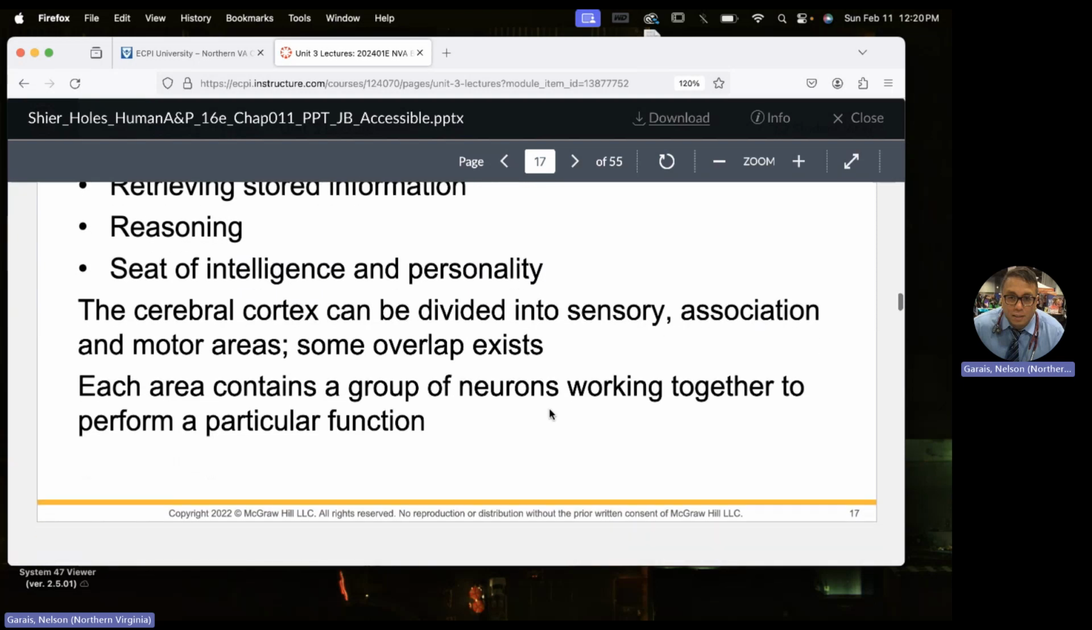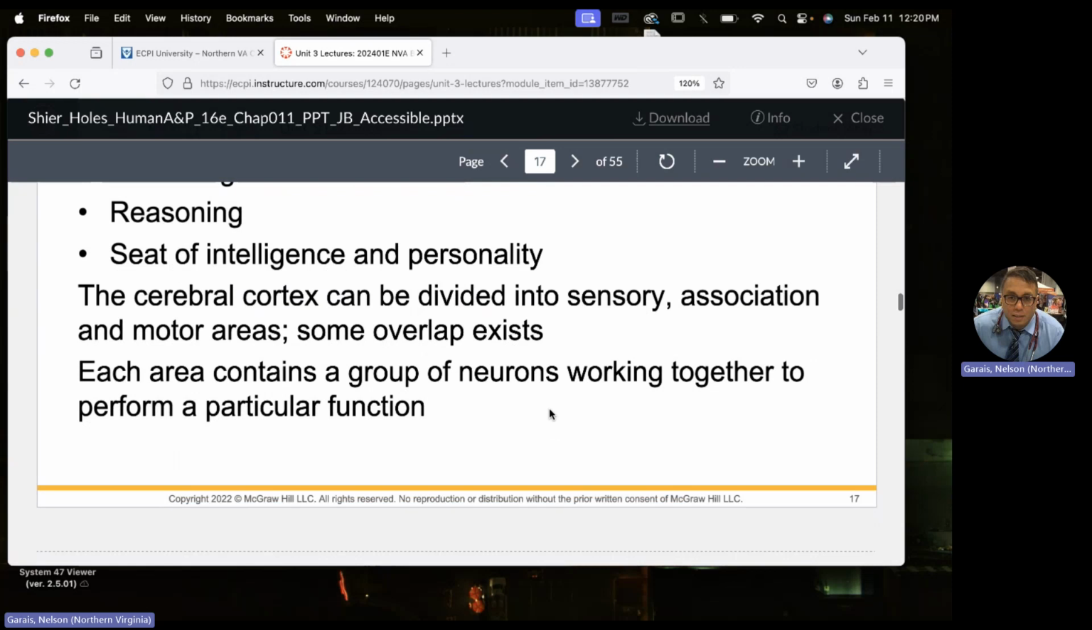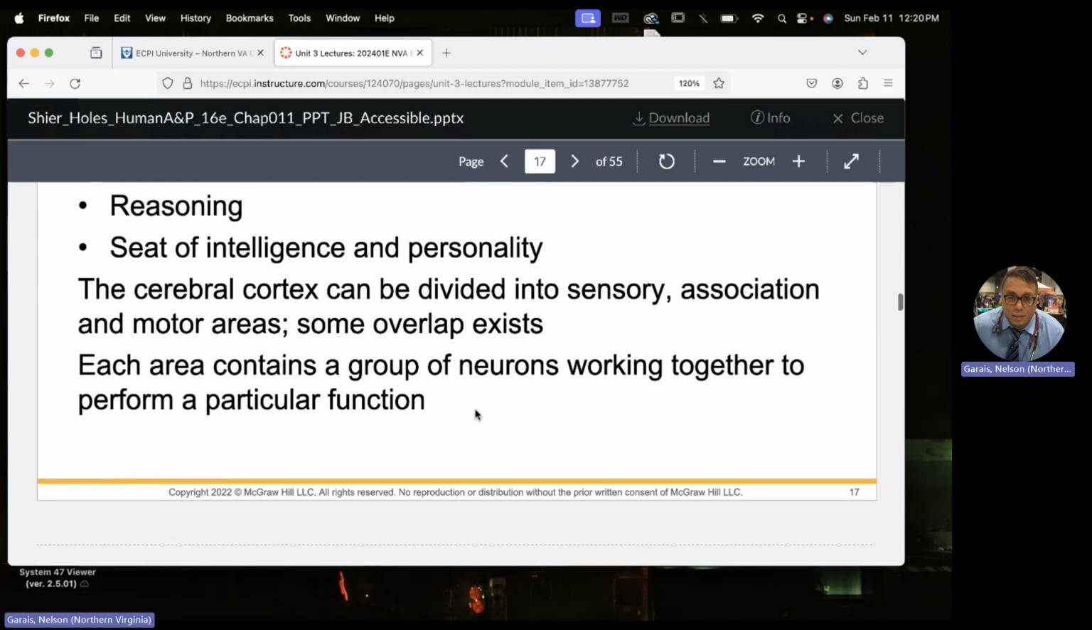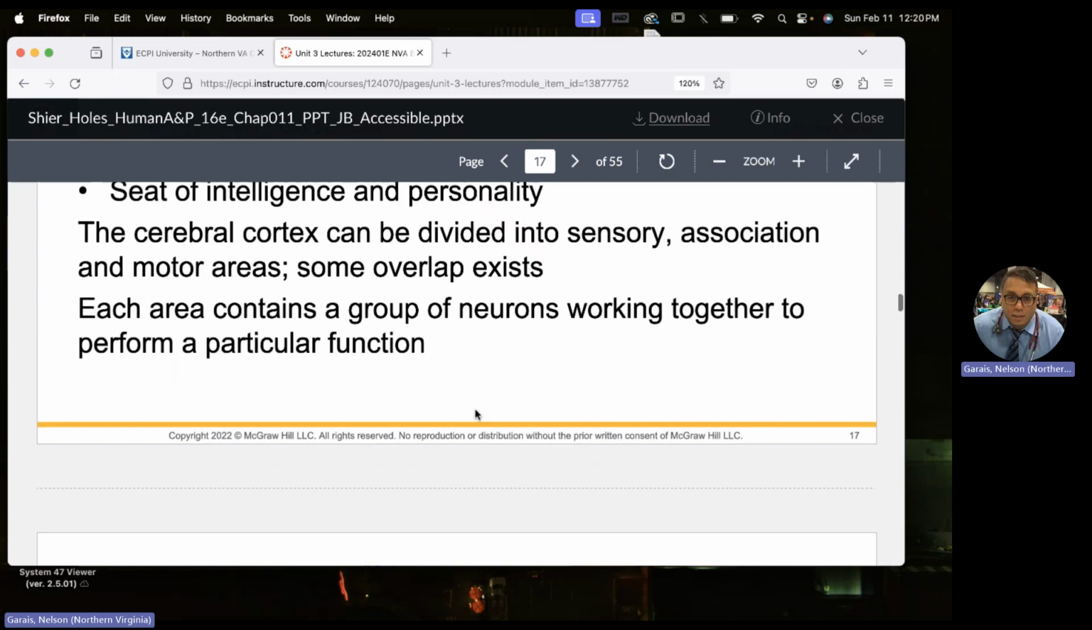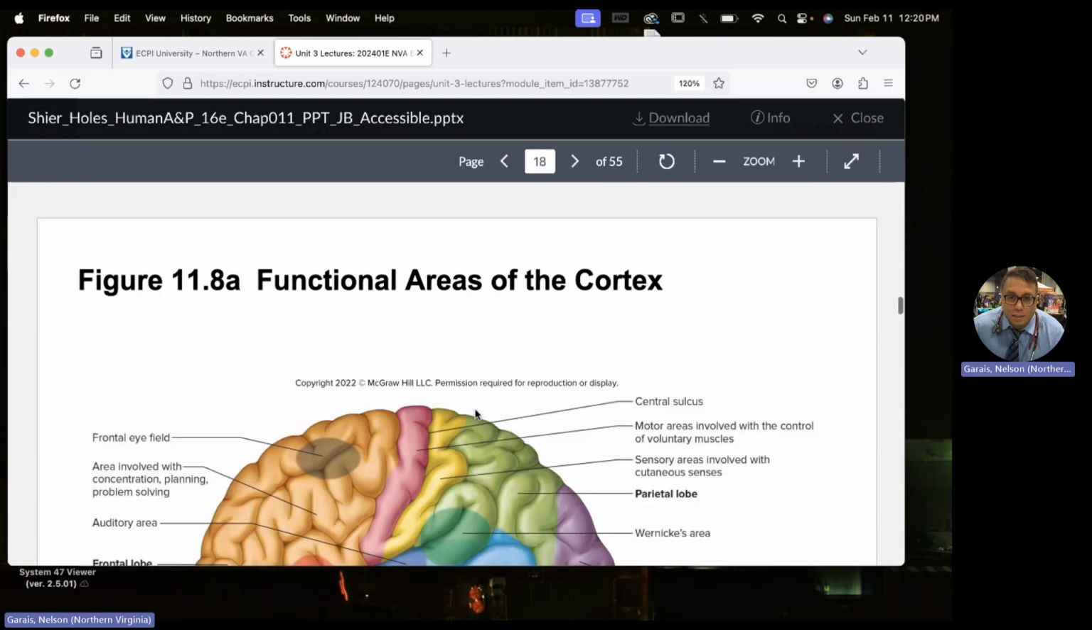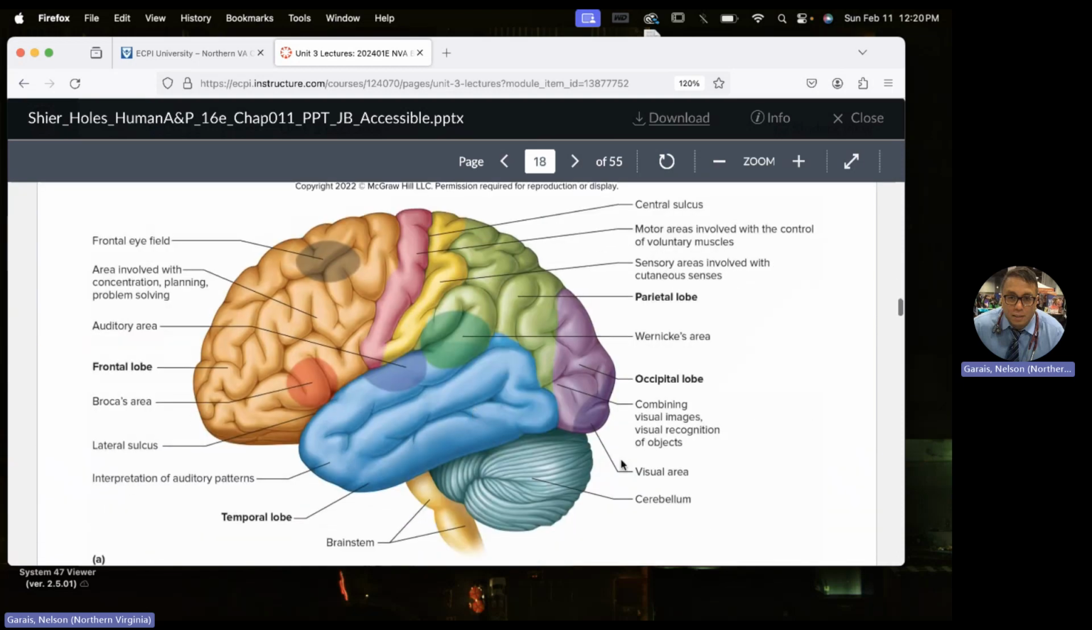Sensory association, cerebral cortex, sensory association, motor areas, and they overlap a little bit. And we're going to be talking about the parietal area, and that's where they overlap a little bit. That's why there's going to be a little disclaimer when I start talking about this next part, because